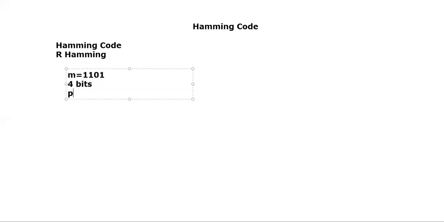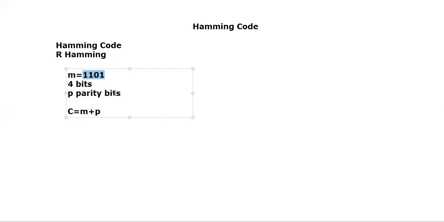Hamming code basically has p parity bits. Now, how do I find out these p parity bits? Let the Hamming code be C, whatever code I have to generate and transmit. A Hamming code is a combination of your message and the parity bits. We already have the message here, which is 4 bits. Now, along with these 4 bits, I would like to add the parity bits.